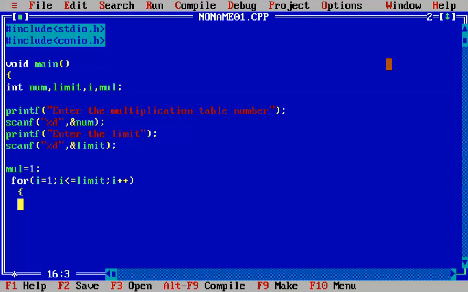That means in the first go I will be equal to 1, in the next iteration I will be equal to 2, in the third it will be equal to 3. That means every time we have to do what? I multiplied by number. As we know, num contains the value of the table number for which we have to display the table. So we will do num multiplied by I.